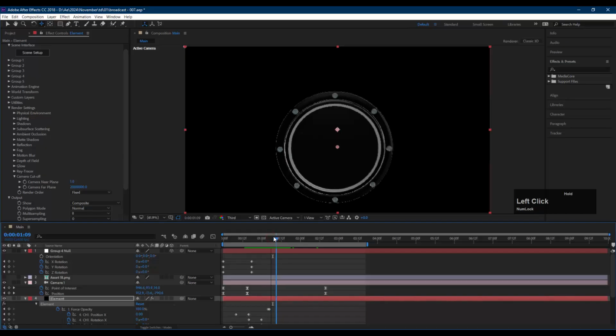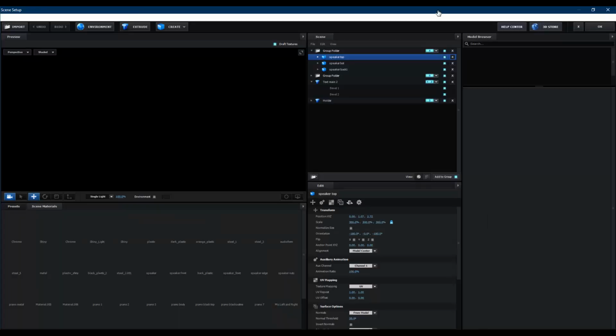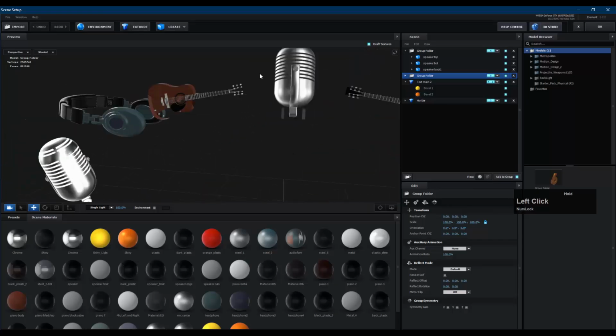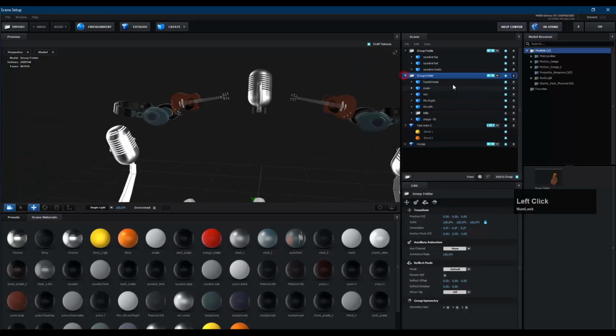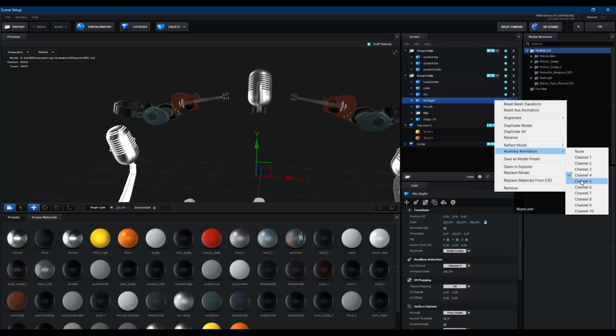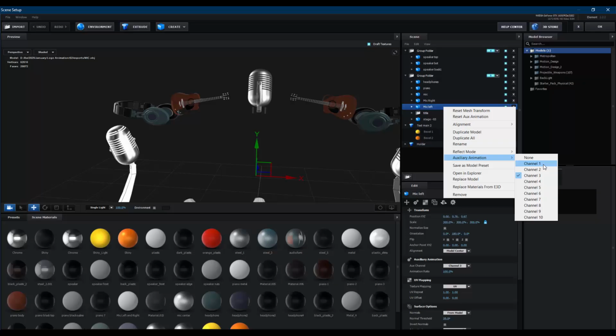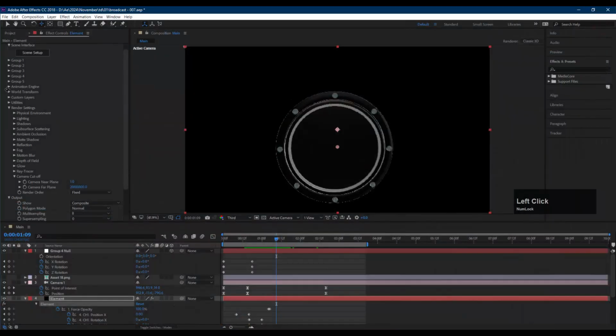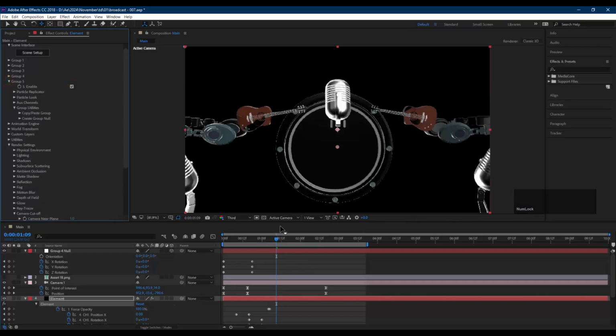So let's open and go to scene setup. So as you can see, it is on group 5. So let's open it, and then so it is on channel 4 and it is on channel 3. So we should work on channel 3 and channel 4 of group 5. So let's open group 5, let's enable it, and then